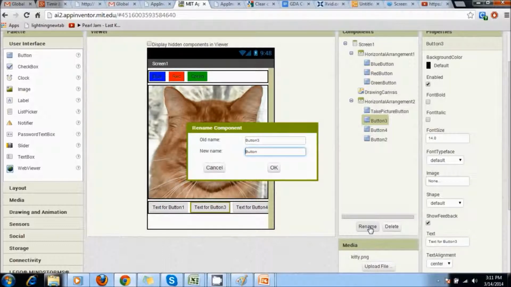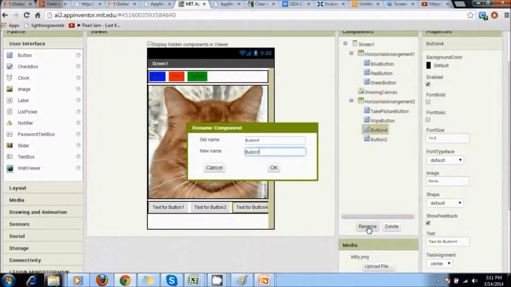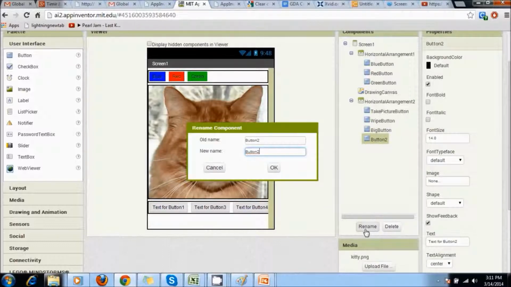So again rename this as wipe button. The next one is going to be renamed as the big button. So I will get to what that's going to do. And the next one is going to be named as small button.